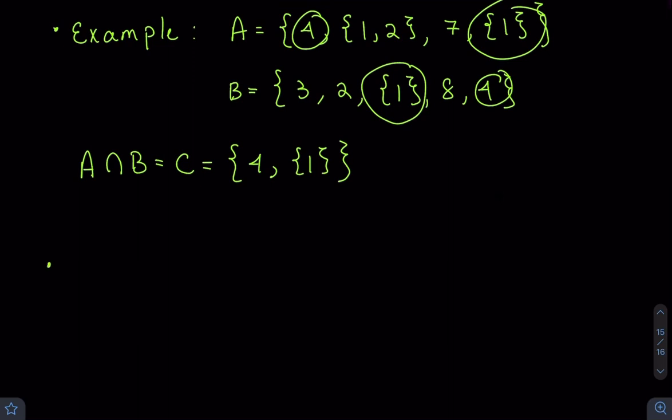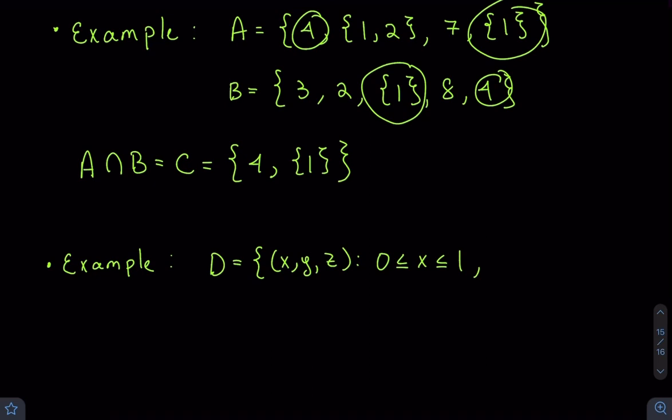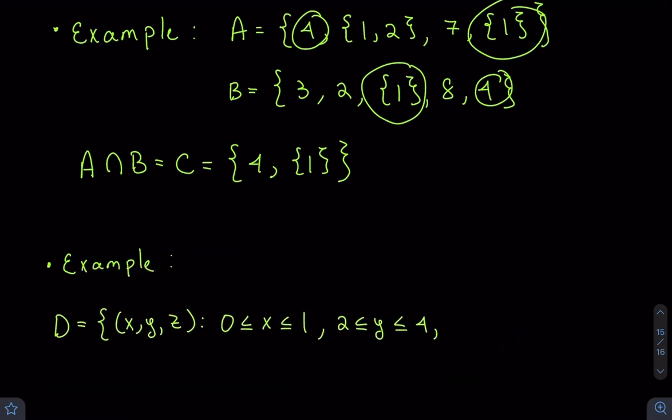Okay, let's look at another example where we have a set, let's call it D, that's going to be a three-dimensional set containing the points x, y, and z, where x is going to be between 0 and 1, y is going to be between 2 and 4, and let's move this over, and z is going to be between -1